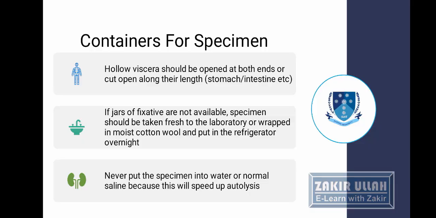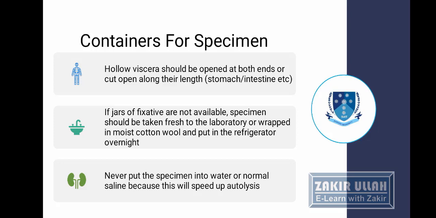For hollow organs like the stomach or small intestine, they should be open at both ends, or they should be cut along the whole path, so that the inner side and the outer side are both fixed, and we can take samples from the inner side as well as the outer side. If jars of fixative are not available, specimens should be taken freshly to the laboratory or wrapped in moist cotton wool and put in the refrigerator